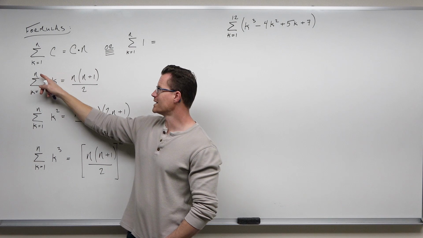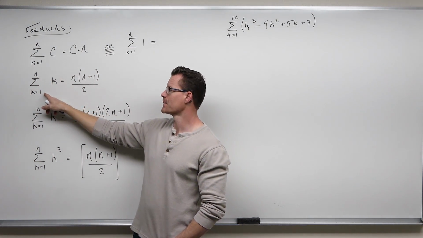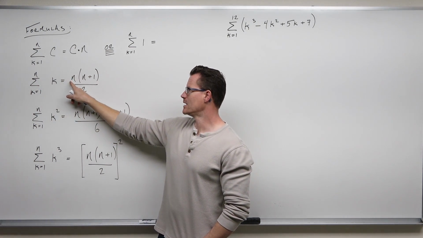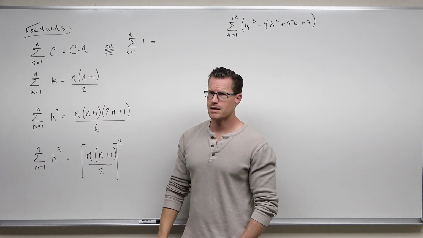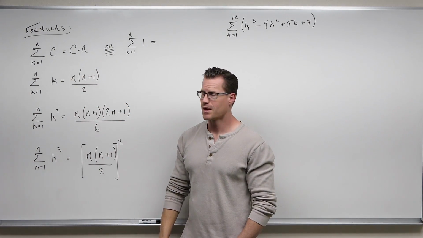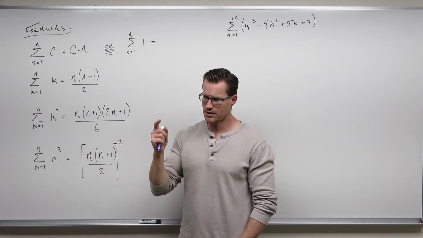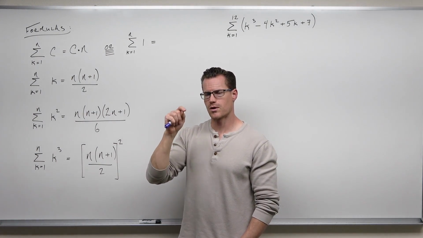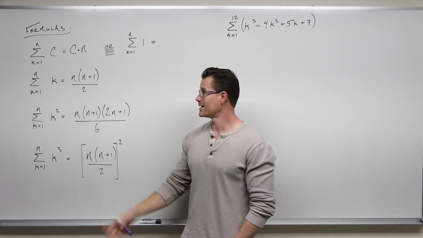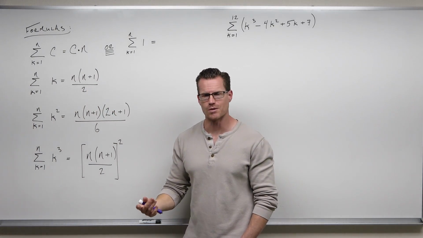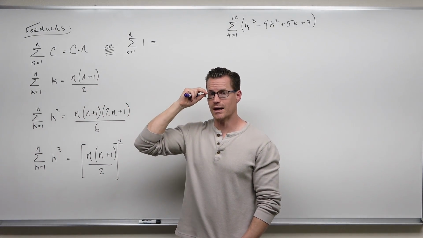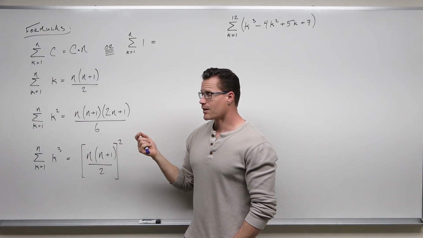So if I go from 1 to 10, and I know it's based on k, then I just plug in 10. 10 times 11 over 2 is 55. That's going to add to 55. If you take your calculator right now, do 1 plus 2 plus 3 plus 4 all the way to 10, it's going to be 55. Why? Because this actually works, and it's provable. I'm not proving them now because I haven't taught you induction, but I will prove that one to you at a different time.